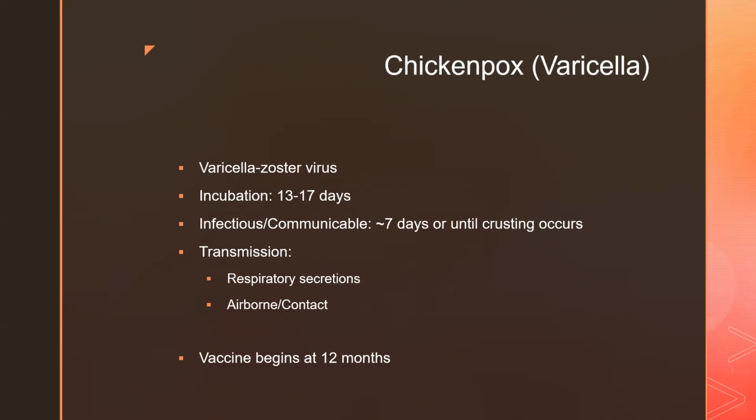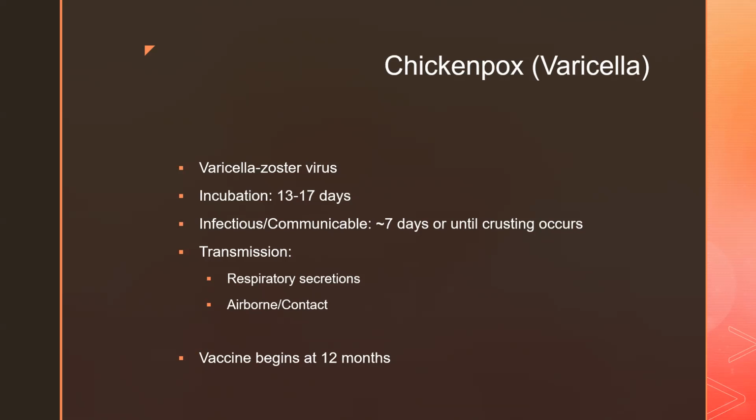So basically what's going to happen is the patient presents with this widespread rash. It gets diagnosed with chickenpox. Those blisters are going to open. They're going to ooze or weep secretions for a little bit. That is their highly contagious period. And then those lesions are going to begin to crust over. And once that crusting begins, they are no longer contagious.